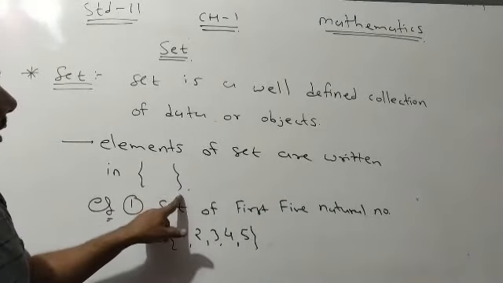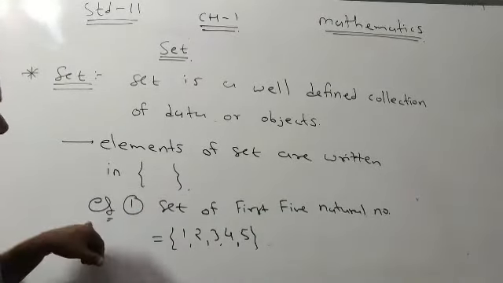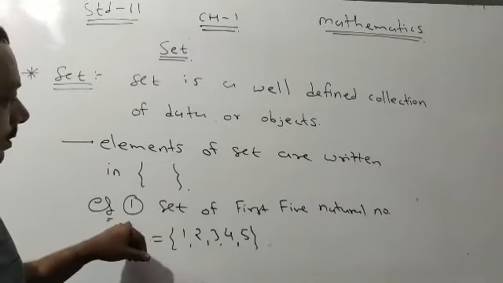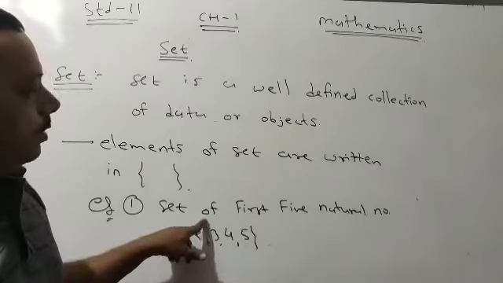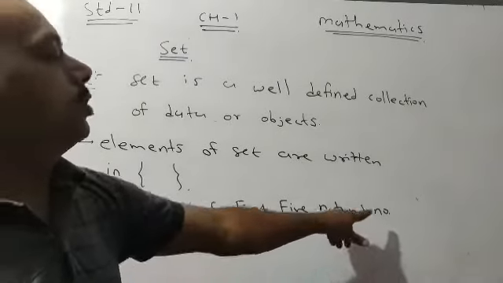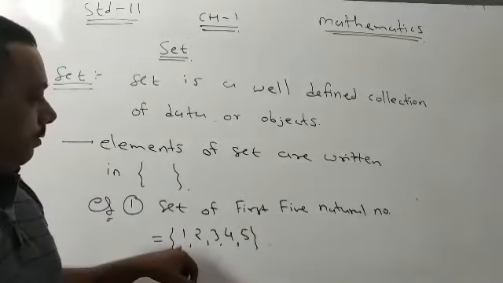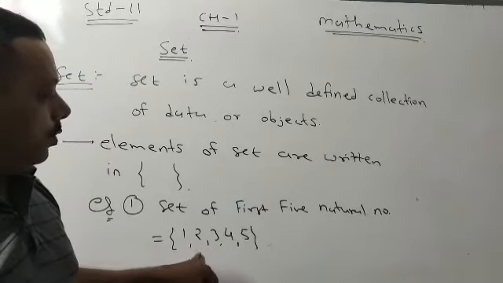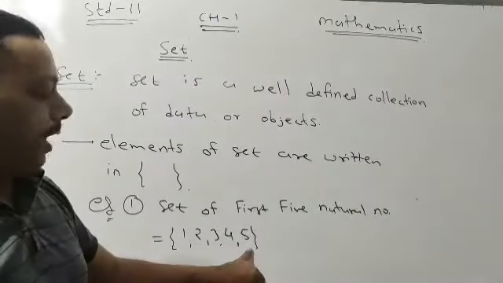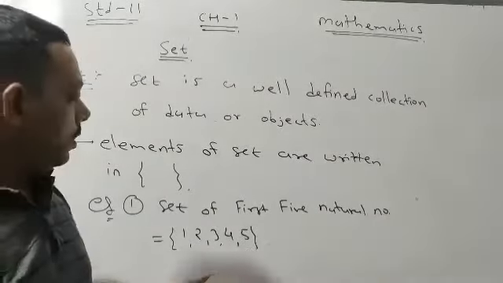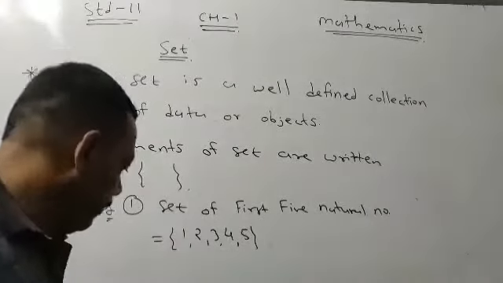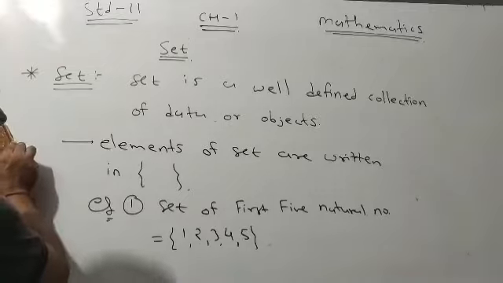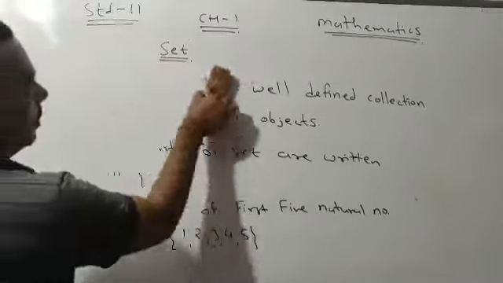Okay, curly bracket. First example, I will write one example for the set. For example, my question is set of first 5 natural numbers. Then we can write 1, 2, 3, 4 and 5. Okay. There are two ways to represent the set. The first method is, I will write that two methods. First method is